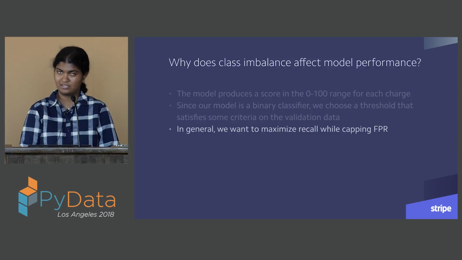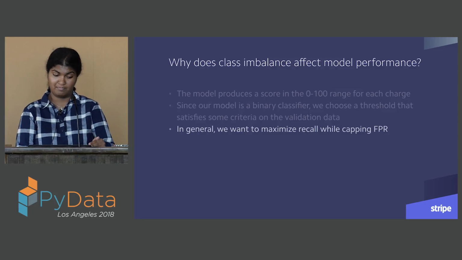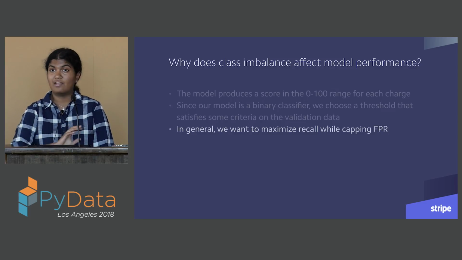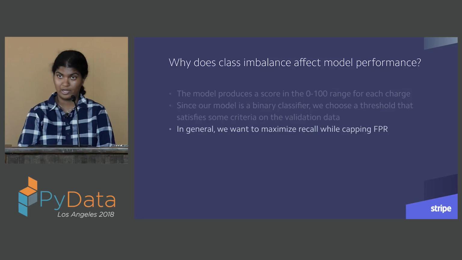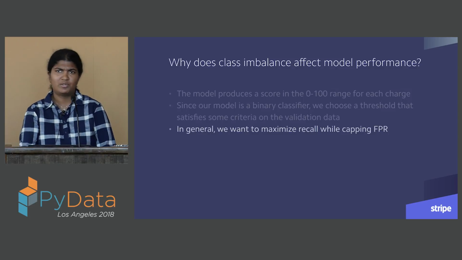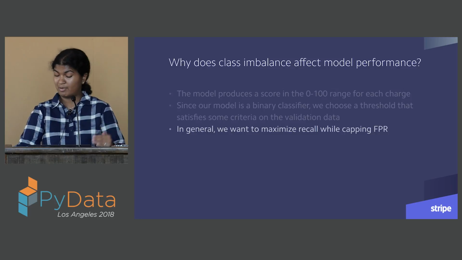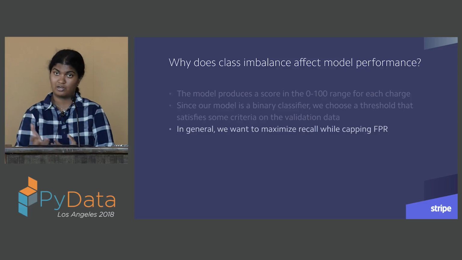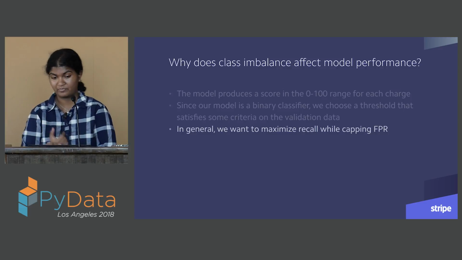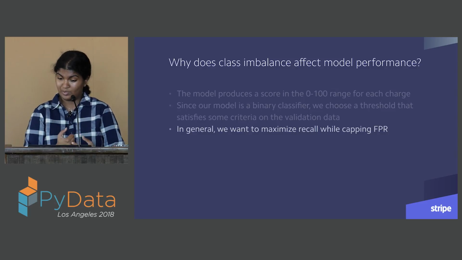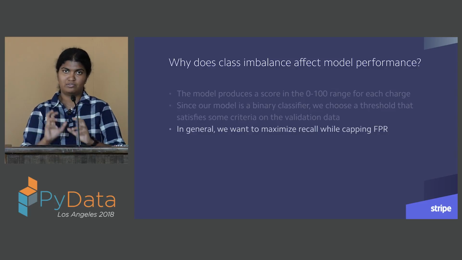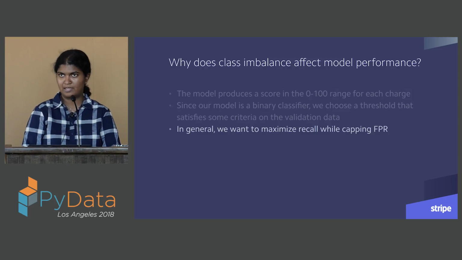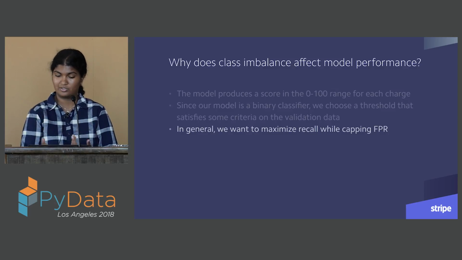Now, why does that make sense? Our ultimate goal is to maximize revenue of our merchants and to optimize fraud blocking for that. I could, in theory, block every single charge, and you'd have a recall of 1, and you'd never experience fraud. But then your FPR would be off the charts because, remember, 99% of transactions are not fraud, so I've just ended up blocking a lot of good charges simply to have a recall of 1. By maximizing recall while capping FPR, I'm maximizing the amount of fraud the model is blocking for you, but also not hurting good customers by wrongly blocking their well-intentioned transactions.